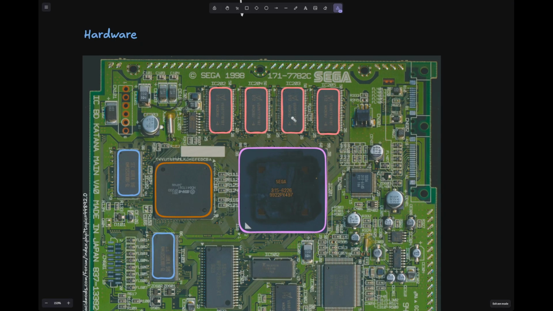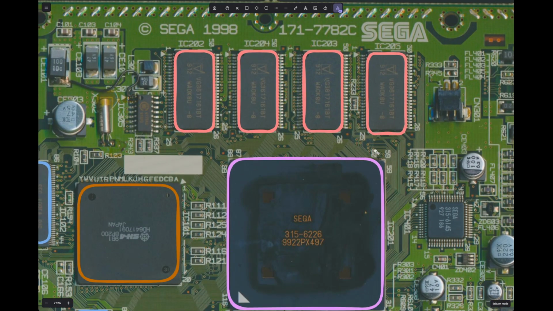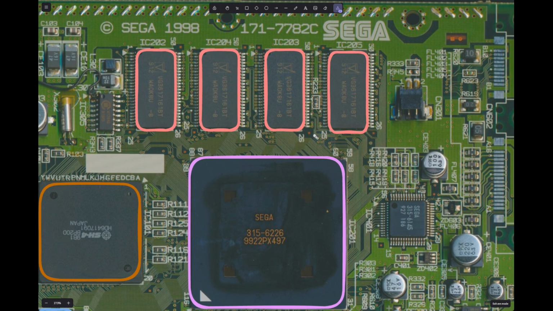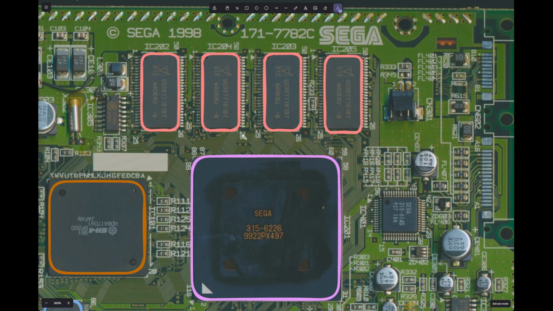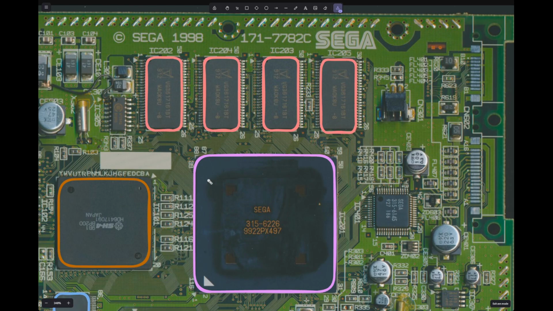The VRAM modules up here, each of them are 2 megabytes, so you get a total of 8 megs of VRAM. And if we zoom in here, you can actually see the data lines too. Each module has 16 bits of data bus width, giving you total 64-bit access per clock cycle, if you're not refreshing and stuff. We'll visit in a later part why that works well and addressing modes and all that stuff,